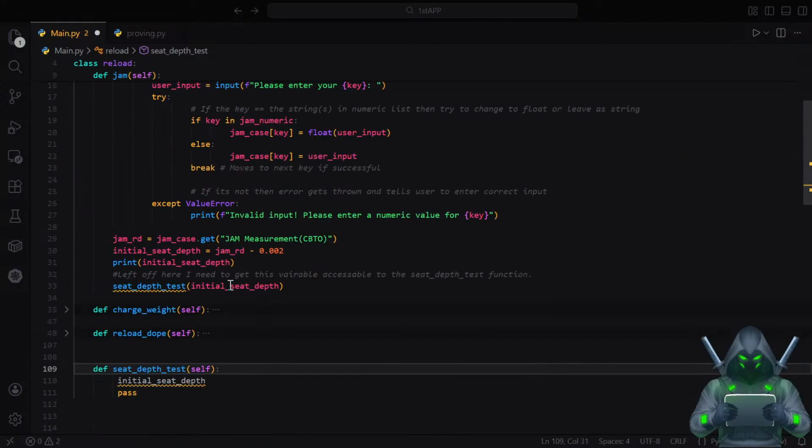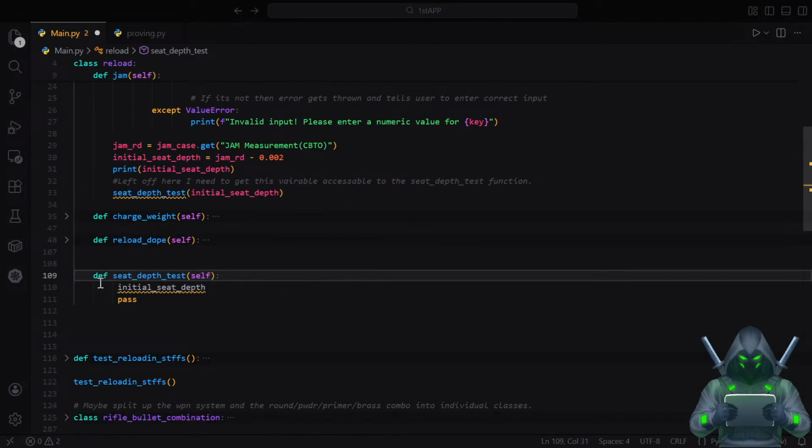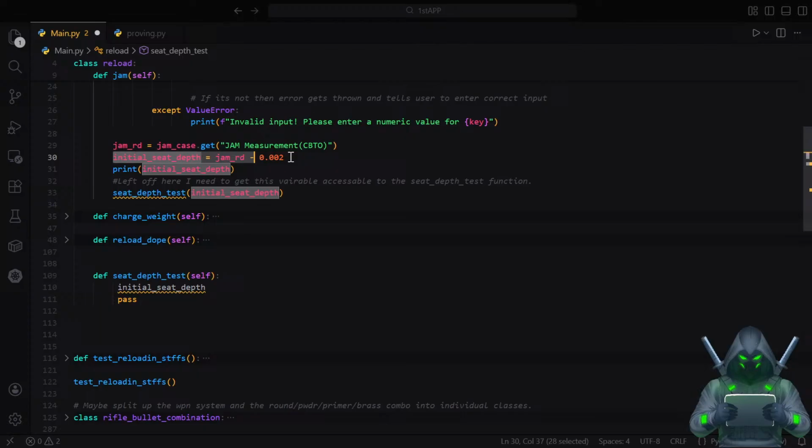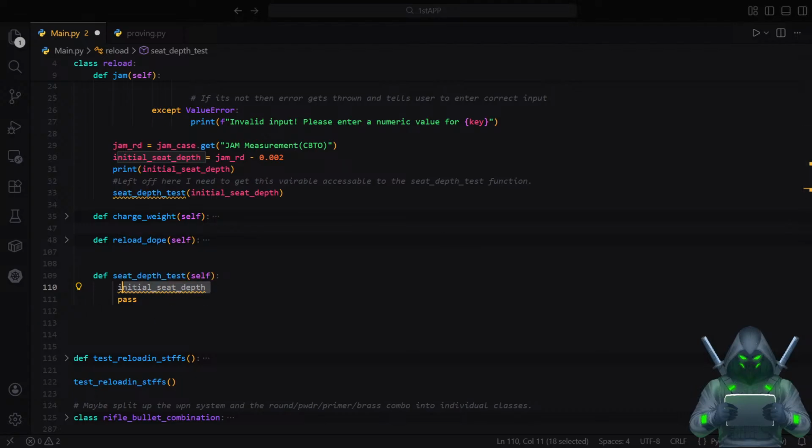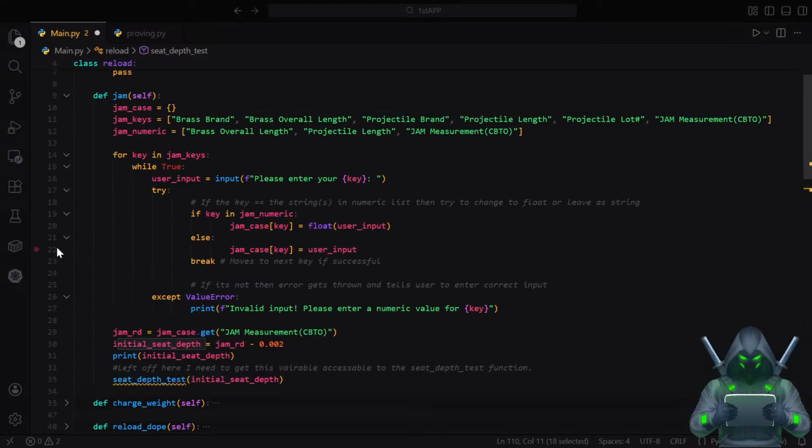I was trying to mess around before I got on stream just to pass this variable into this function. This is just a placeholder. I know that's not how you do it, but my brain wasn't braining. It's like a writer's block or whatever. Anyway,